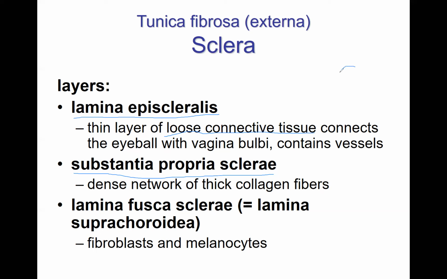So if you think this is the eyeball, and you would like to move it, so around you have another layer, and this layer is called bulbar sheath or vagina. And in between, we have this episcleral lamina. So here is loose connective tissue,